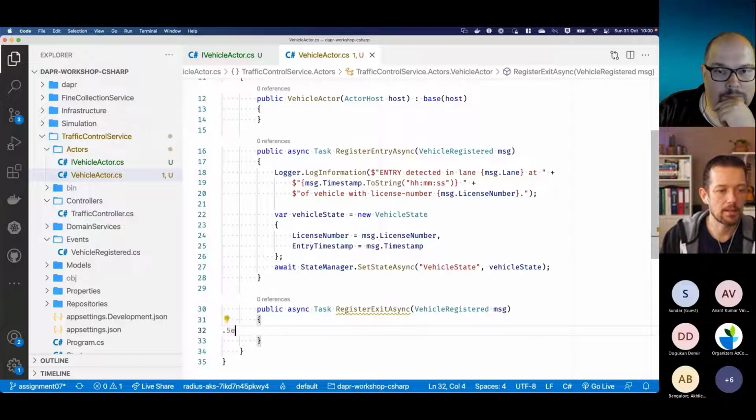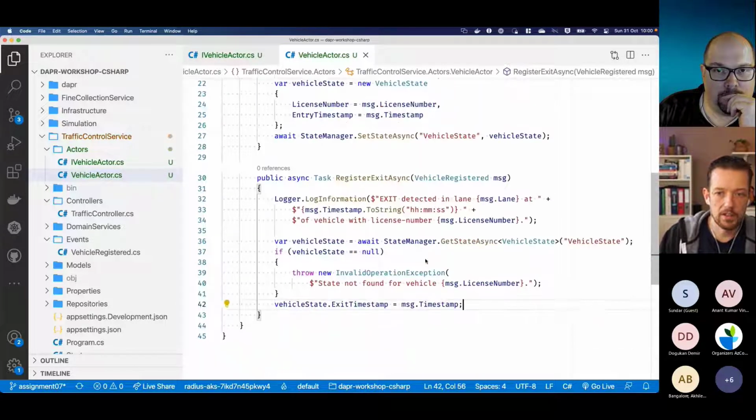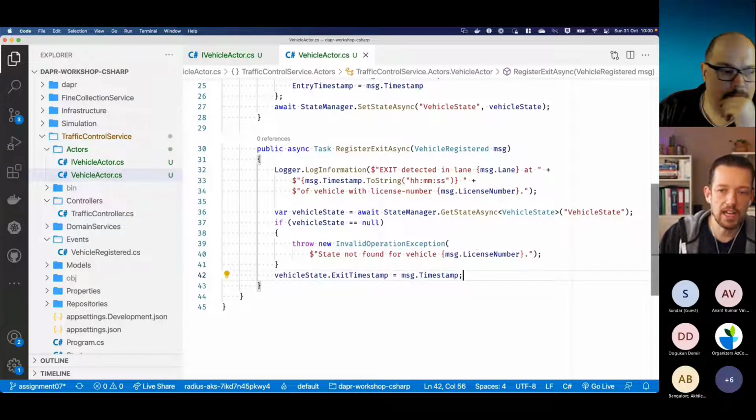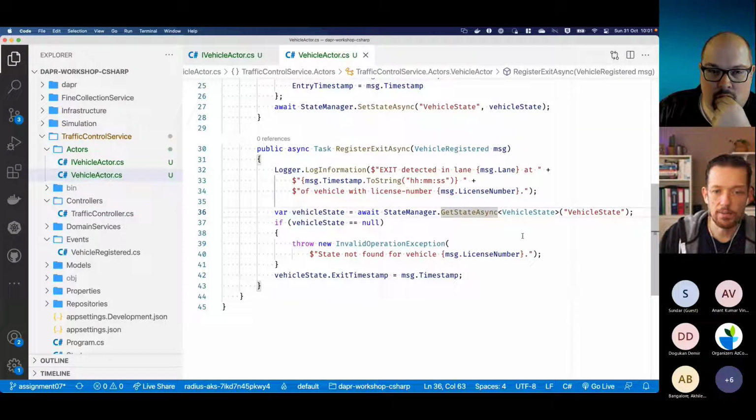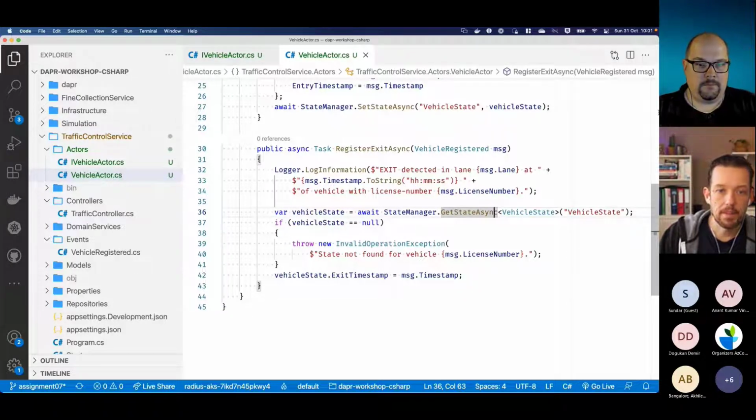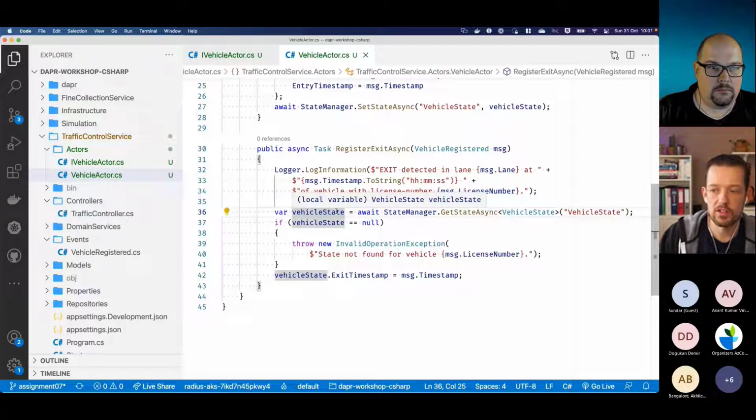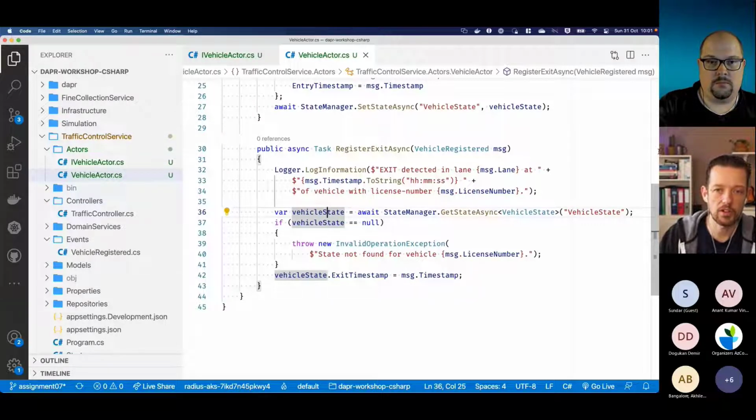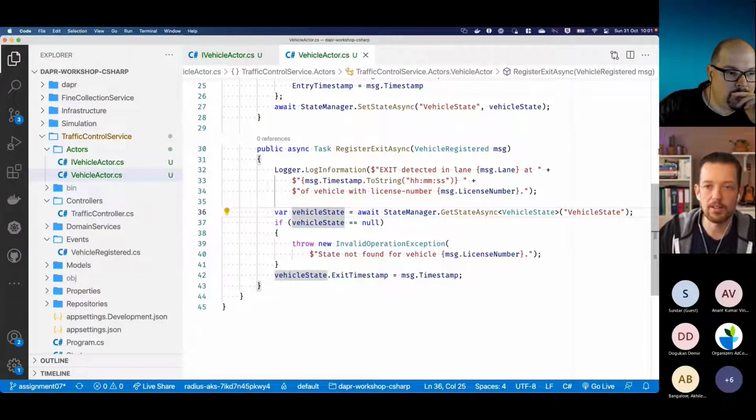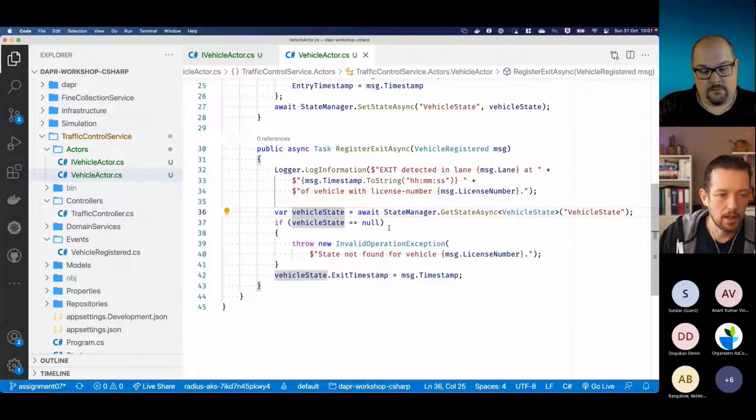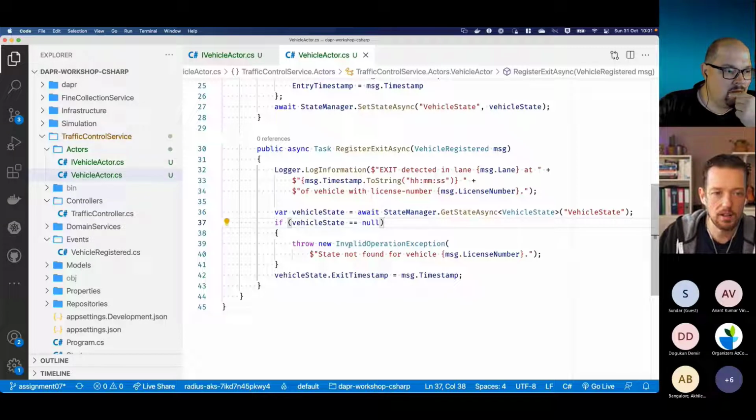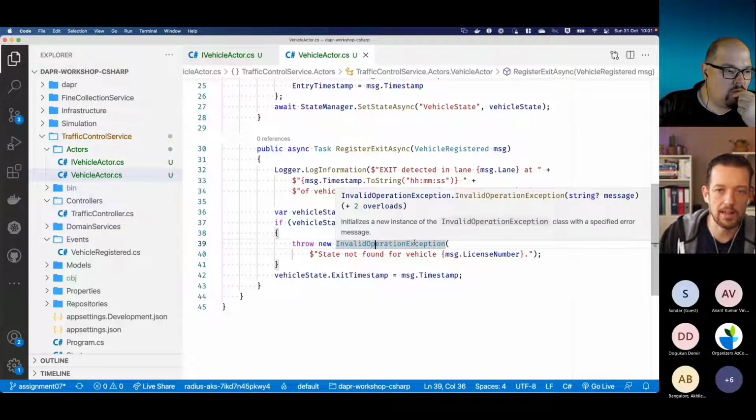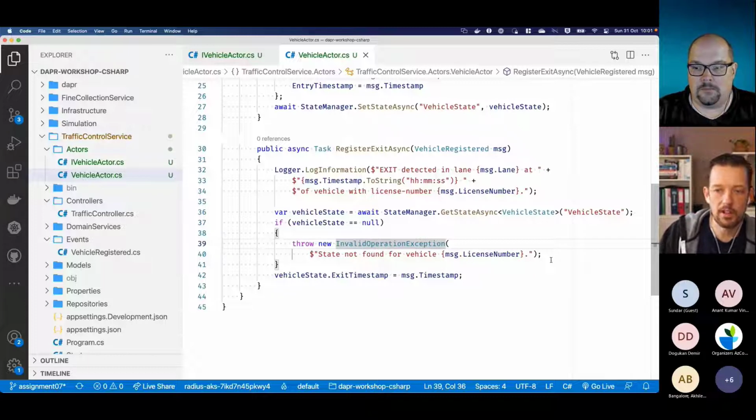Let's look at the second method, RegisterExit. It's more of the same. So at this point, the vehicle has reached the end of the speed camera zone. And the first thing we do is we need to get the state from the actor. And I use that same StateManager object again. Now, this state should always exist, right? Because the cameras should always send an entry message before an exit message. But of course, a lot can go wrong with IoT these days. So we check for it anyway. So we've got this if check: if vehicle state is null, then throw an exception and just let the client deal with it. But the important thing to note here is